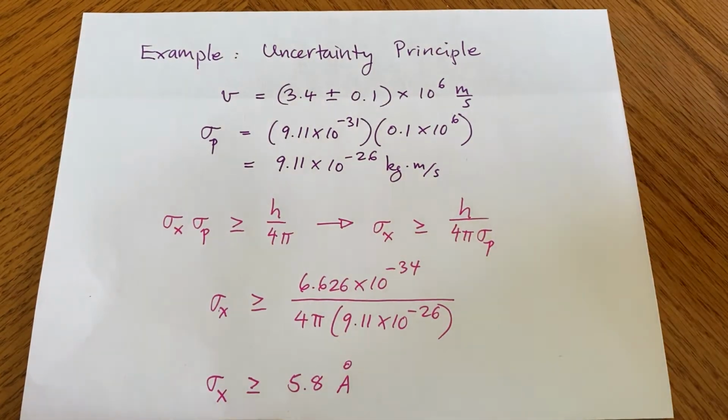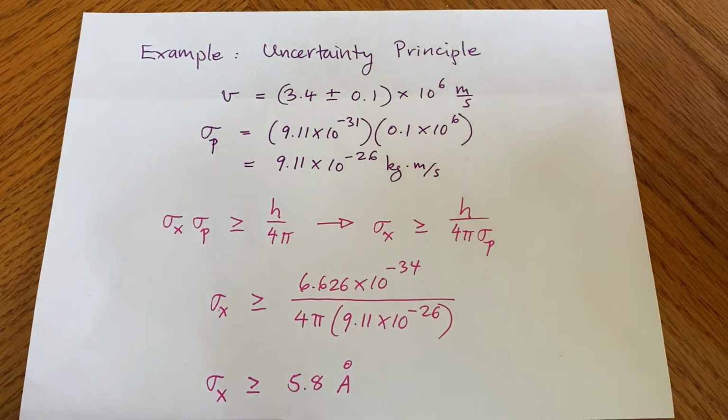The uncertainty principle is one of the classic examples of quantum physics. It's a reflection of the fact that these particles are really waves. They're probability waves, but they're waves. And so they have the same features of waves. If anything is described by a wave, then there's going to be an uncertainty in its position and momentum.